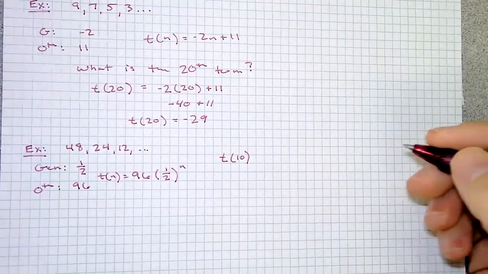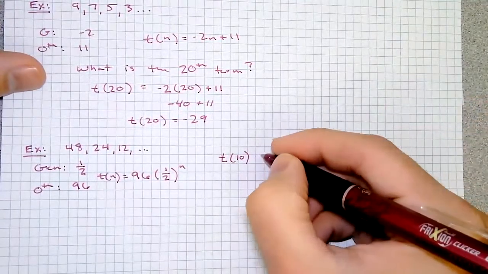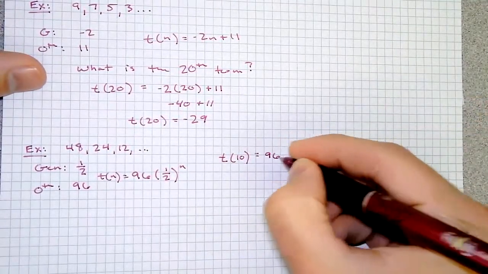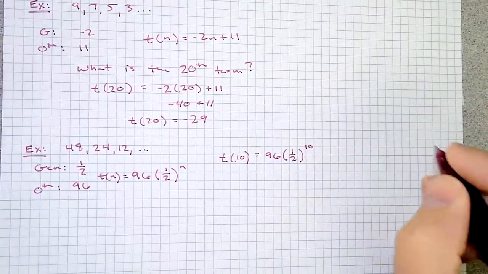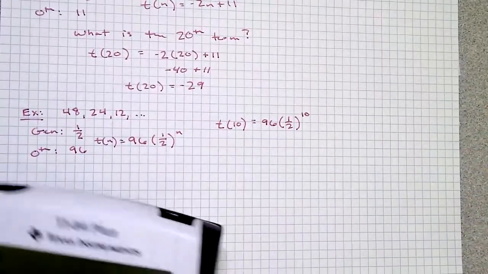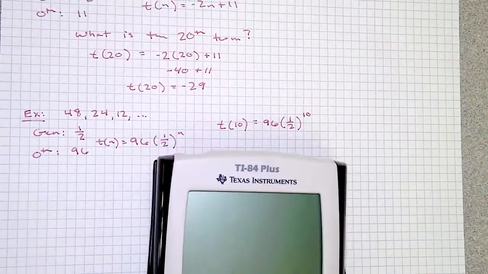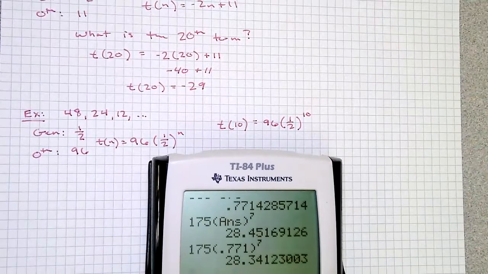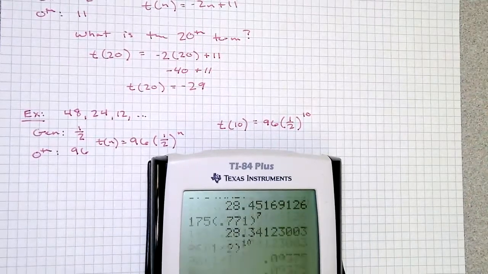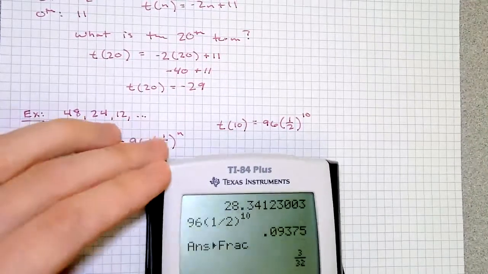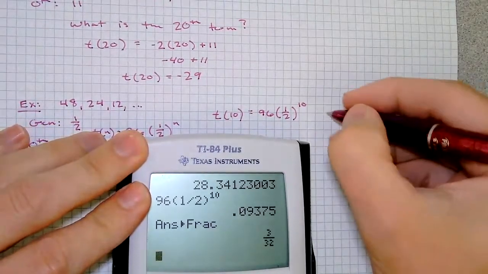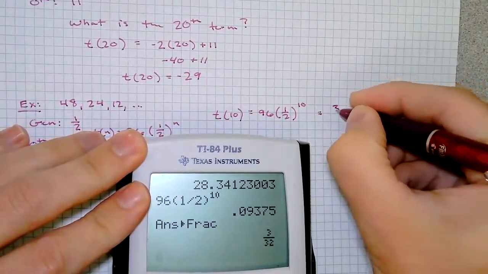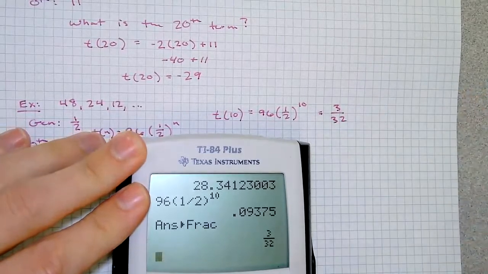So if we wanted to find the 10th term, t of 10, and obviously we would need a calculator of sorts. Okay. We'd get an answer of 3/32, or the decimal,